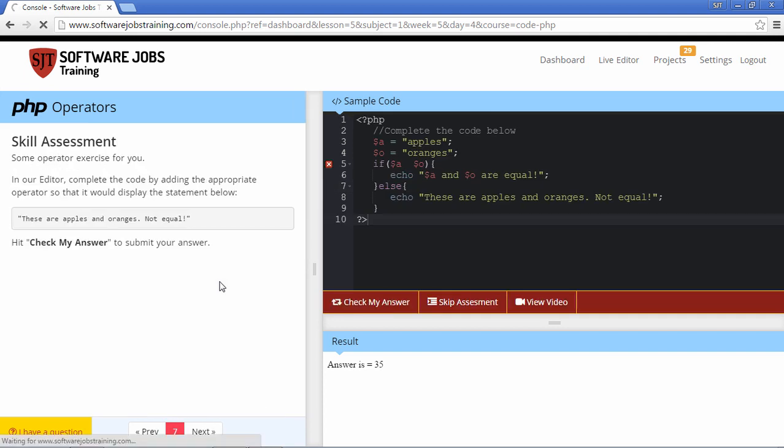Slide number 7 is a skill assessment, so I expect that you can solve this easily. So I'm going to skip it,